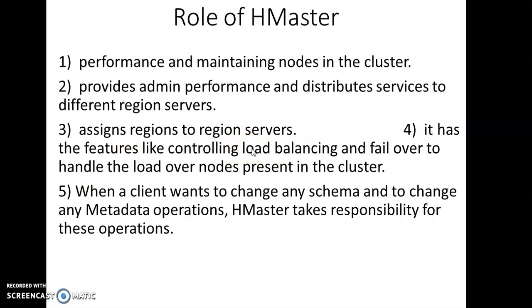If the load is high, it balances the load across several regions. If any failure occurs, it handles the load over the nodes present in the cluster. If a client wants to change any schema in those regions, HMaster takes responsibility for these operations.